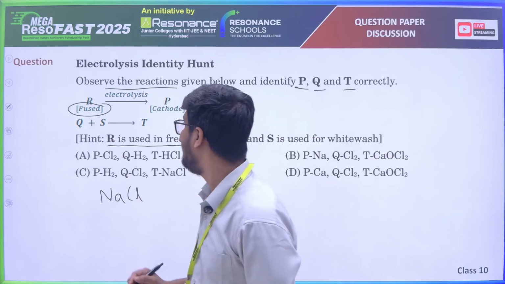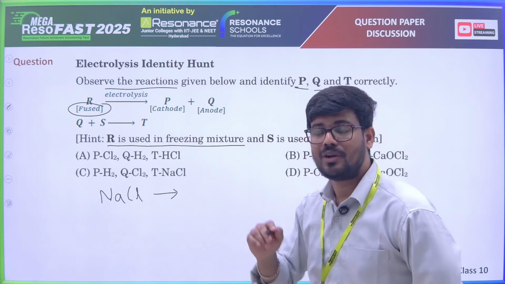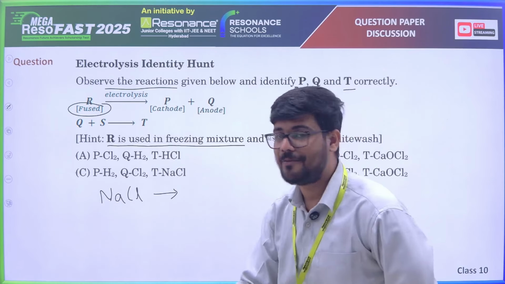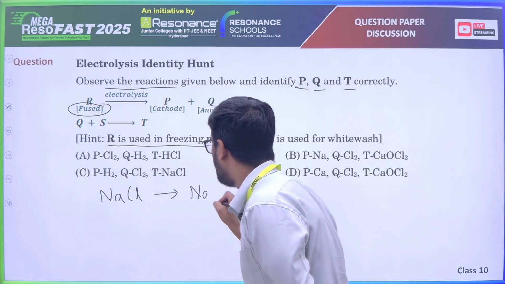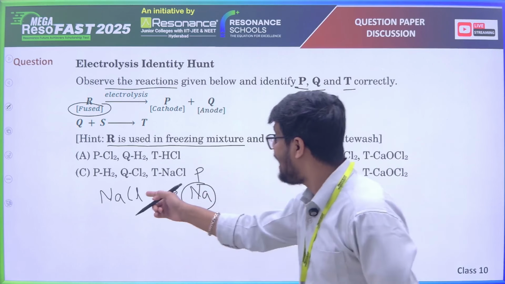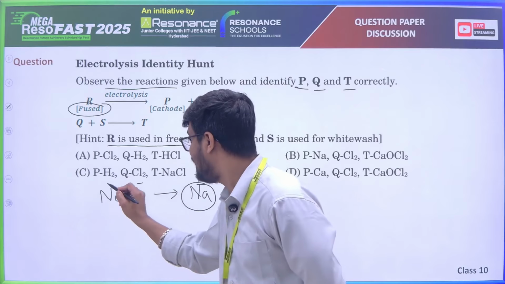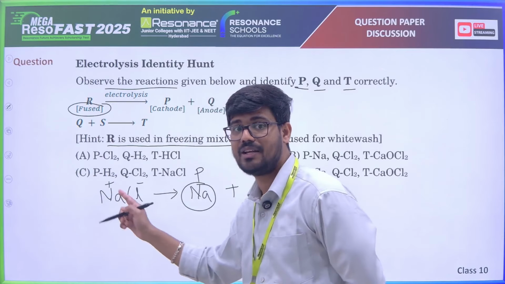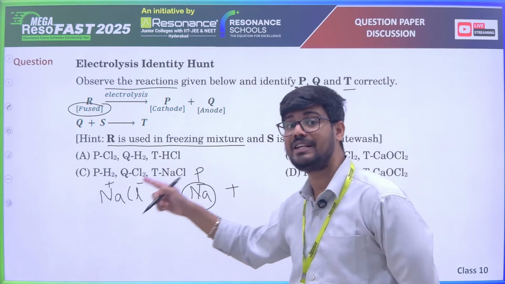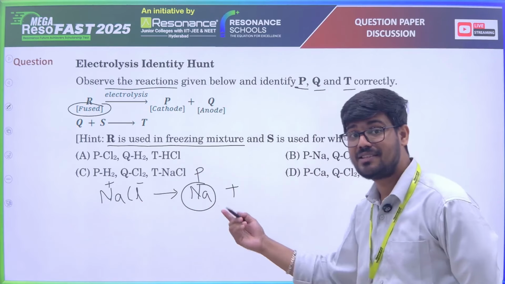Now if you do electrolysis, what product will you get? At cathode, reduction will be happening. So Na+ will be reduced and sodium will be deposited, which is P. And at anode, Cl is present as Cl-. Na is present in +1 state, Cl is present in -1 state. So sodium goes from +1 to neutral, and Cl- will be oxidized and form